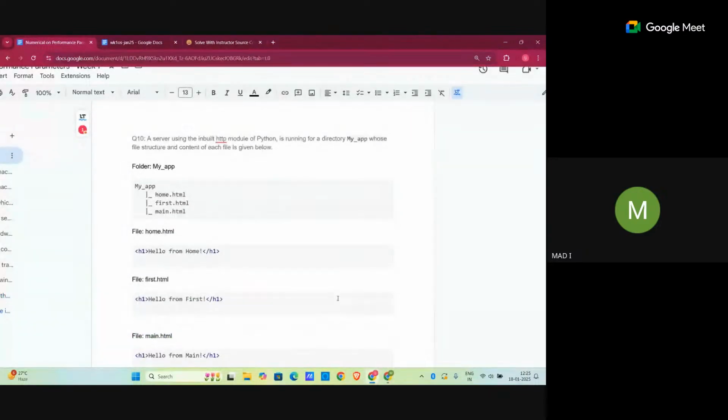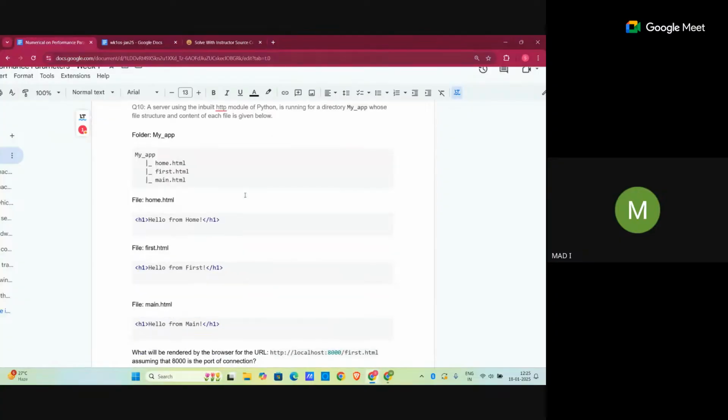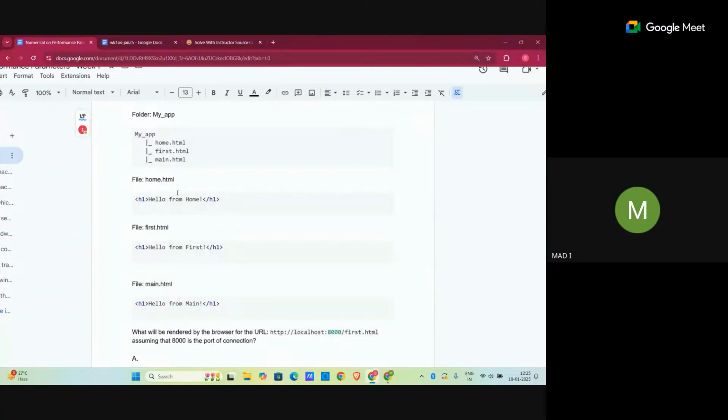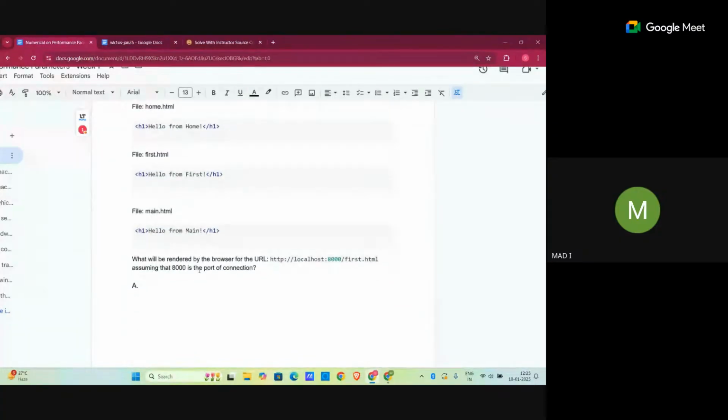A server using the inbuilt HTTP module of Python is running for a directory my_app whose file structure and content of each file is given below. So we have my app as a folder, and inside it we have three files: home.html, first.html, and main.html. This is the content of all these files. Now what will be rendered by the browser for this URL? Assuming 8000 is the port of connection,